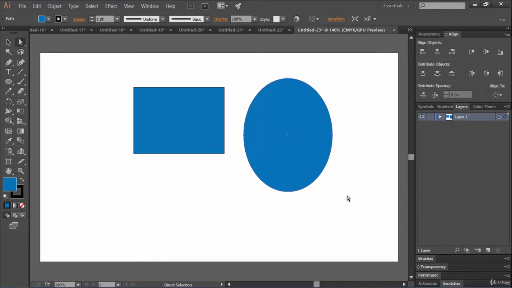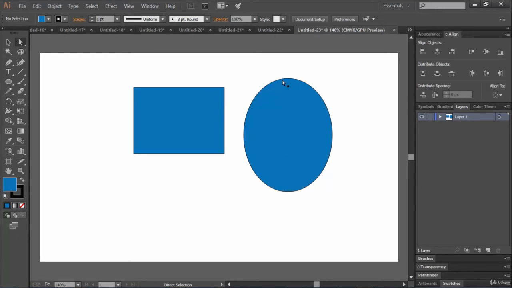The first thing is, to work with the direct selection tool, you need to deselect all the objects, at least the one which you want to work with. Yes friend, you can say that it's weird because with the selection tool we first need to select the object, right? But when you are using the direct selection tool, I recommend you first deselect it. Now how can you deselect an object? Just by clicking anywhere inside the document but outside the object which you want to work with.